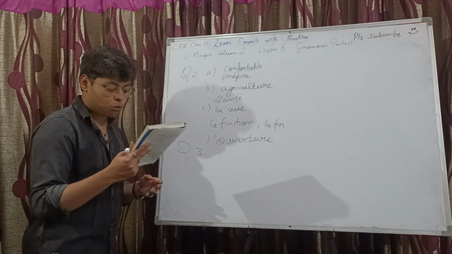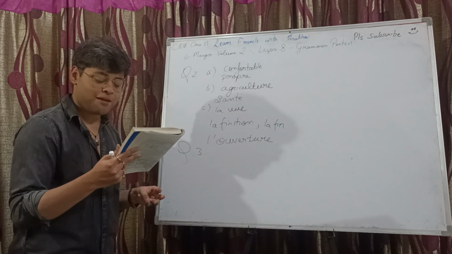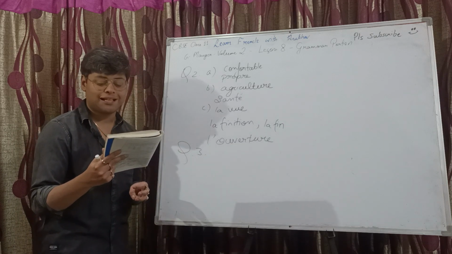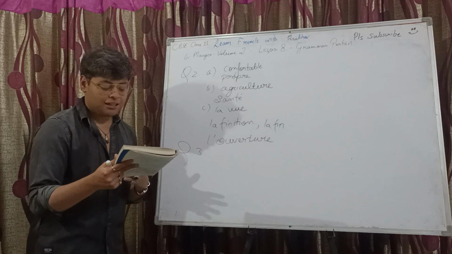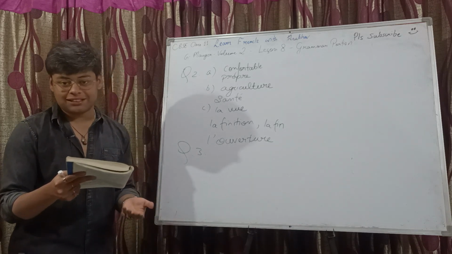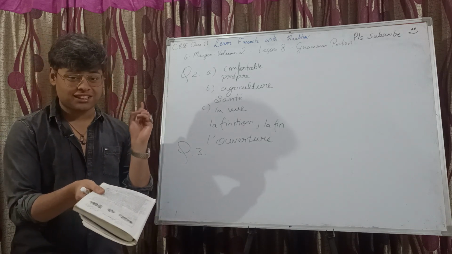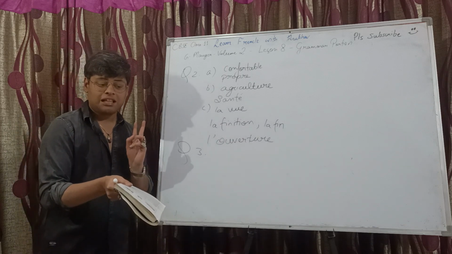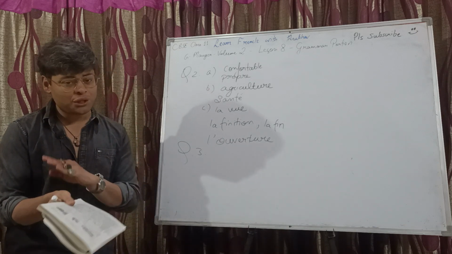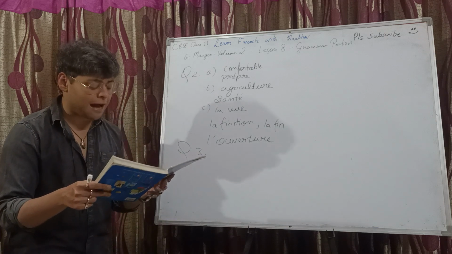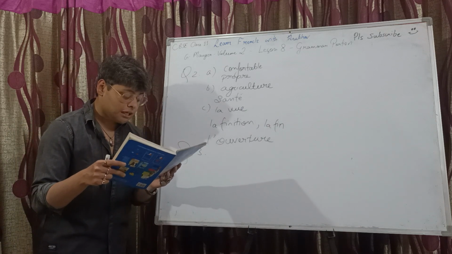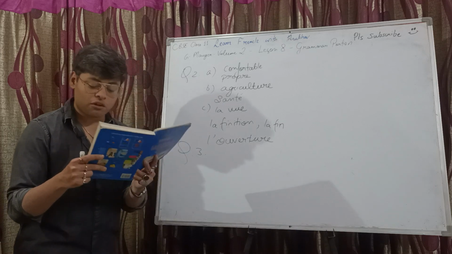Question number 3 is: conjuguer à toutes les personnes les verbes subjonctifs qui figurent dans la lecture. I'm not going to do that. Come on. So this is very easy. Subjunctive conjugation, we have discussed numerous times how it's done. The exceptions also have been discussed. What you need to do is read the text. The text has been already discussed a few months back. You just read the text and find out which verbs are there